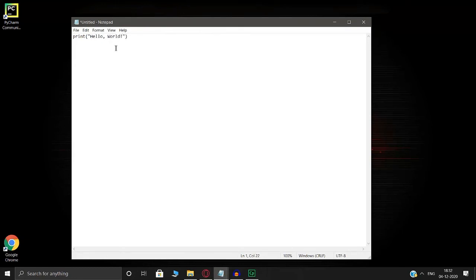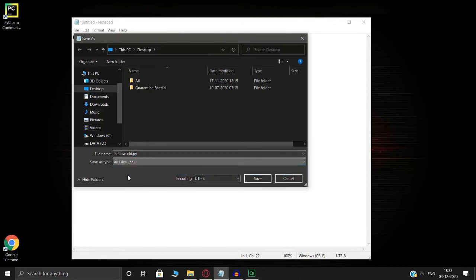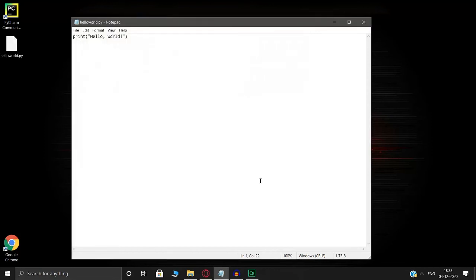and when you save it, use save as, and when you save as, you gotta direct it to whichever folder you want to direct it to, like desktop in our case. Give the file name without any space, .py, which will be your Python extension. So all Python files are saved as a .py extension, and then you change the save as type to all files and hit save. Now your file has been saved over here.